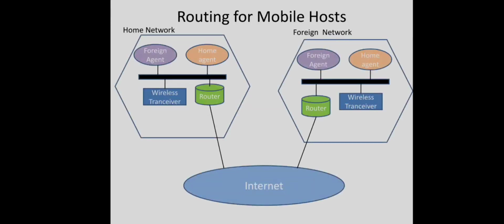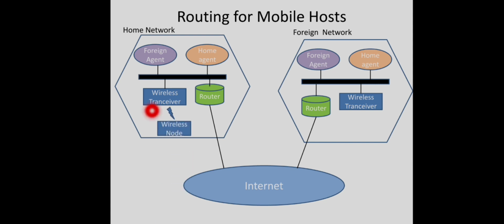As you remember, the entire geographical area of the network is divided into different areas. So this hexagon can be treated as one area. As we said, every mobile device will have a home network, the network to which that mobile device was initially registered. The network into which it currently belongs is called a foreign network. So we have two processes in every area: the foreign agent and the home agent. The home agent keeps track of hosts whose home is in this area but who are currently visiting another area, whereas the foreign agent keeps track of all mobile hosts currently visiting the area.